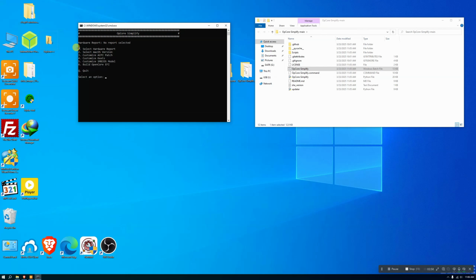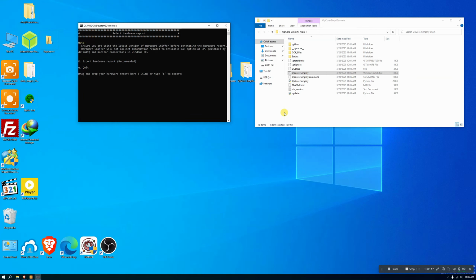So you can see right here, first I'll go with option number 1 to select my hardware report. You can see it will download the hardware sniffer here, so that it can sniff my CPU info and everything. So I'll just press E and then export it,